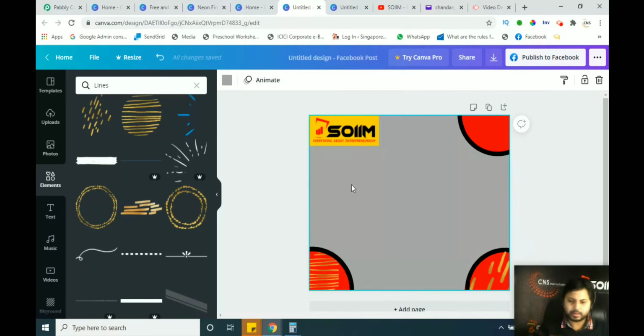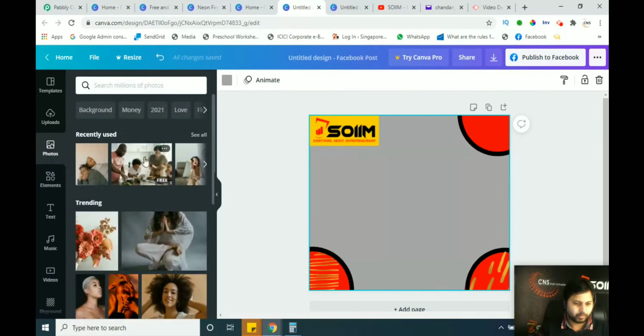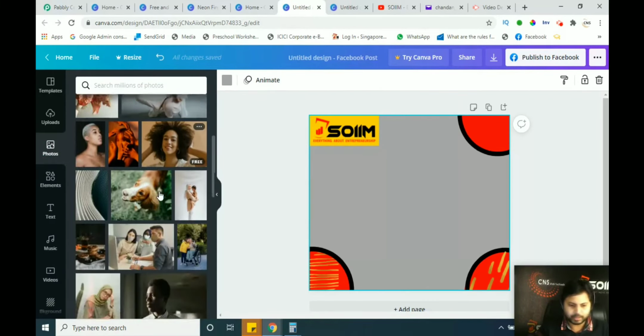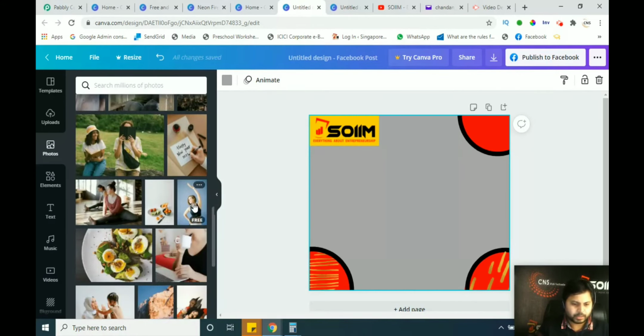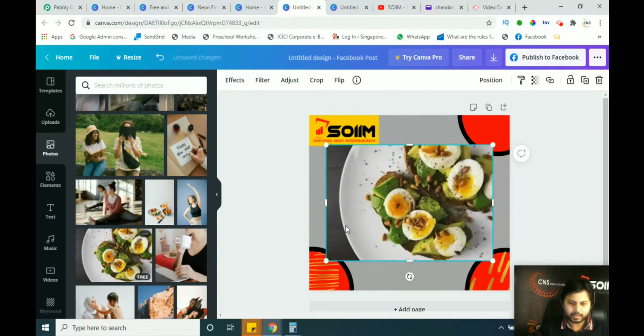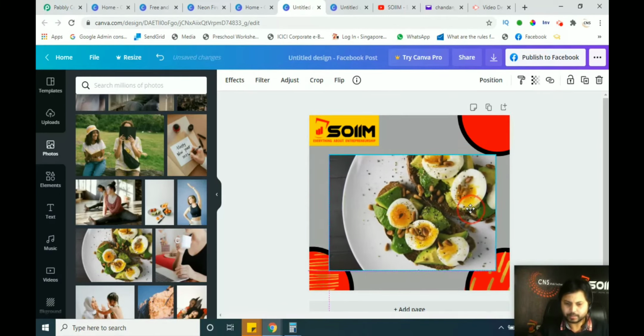If you want to upload your own image, as I've shown you here with a logo, you can upload here. You can simply click on photos, and you will see more photos are predefined, pre-given by Canva. You can use these photos as well if you want. So it's simply this girl, a yoga girl, I think she's doing gymnastics or yoga, or a fruit salad or something. Sorry, it's, I think, an egg here. So you can simply use this image as well. When you click on the photo, it comes here. Now this is a half cut egg, half boiled or half cut egg. So we can use it here.